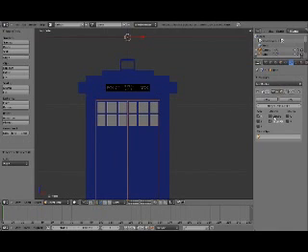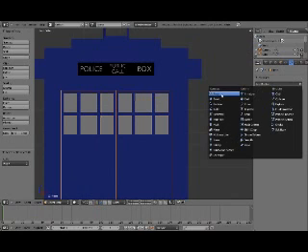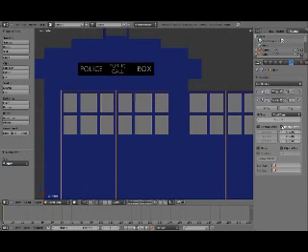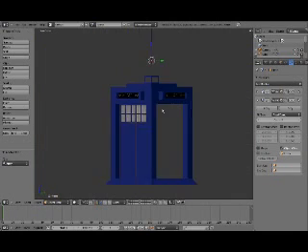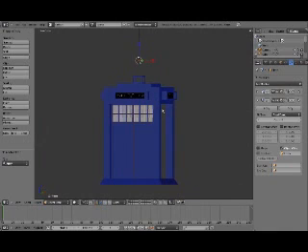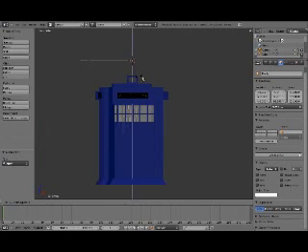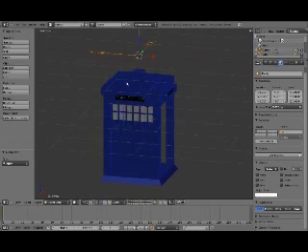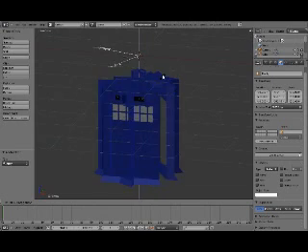Make sure this time not to click clipping, because we don't want the doors to join together in the middle. So we're going to add a modifier, array modifier. We're going to turn off relative offset, turn on object offset. We're going to go down to empty. Right, it is wanting us to turn this around. And the only problem with that is that it's going to do that to the